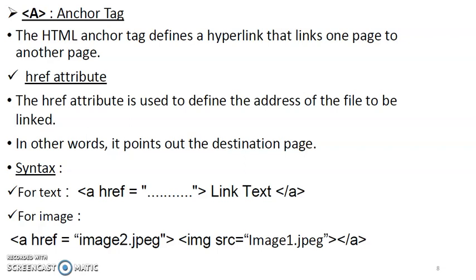See, for text I am writing a href equals, in double inverted commas I am mentioning the address, and then the link text, and then the a is closed.